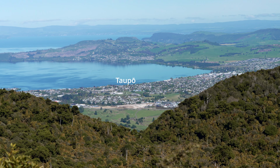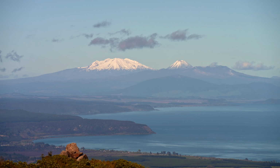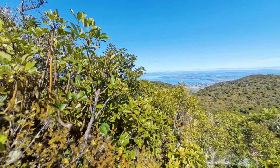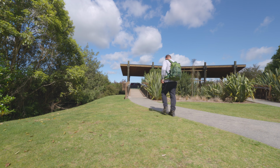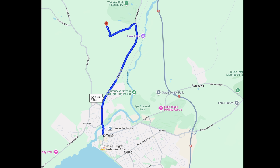Welcome back to Taupo, a land of ancient legends and geothermal wonders. This is part 2 of our journey into some of the North Island's most mysterious and breathtaking sights. From craters that bubble and hiss to panoramic mountaintop views and ancient walls steeped in intrigue, this adventure has it all. Let's dive in, starting with a truly otherworldly place, the Craters of the Moon, located less than 10 minutes